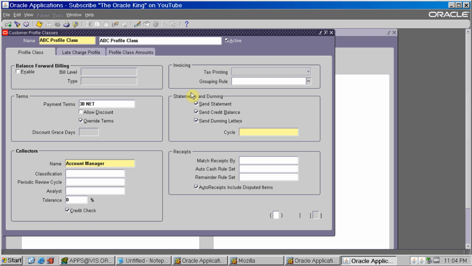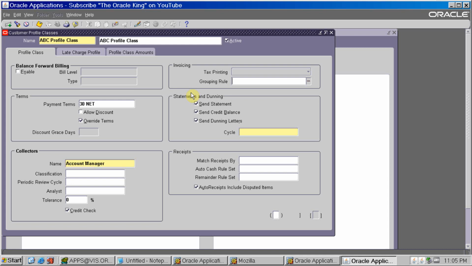It's up to you if you want to customize your statement and have a separate template for the customer statement, which will have the open invoices, the due date, and all these things. And the same for the dunning letter.